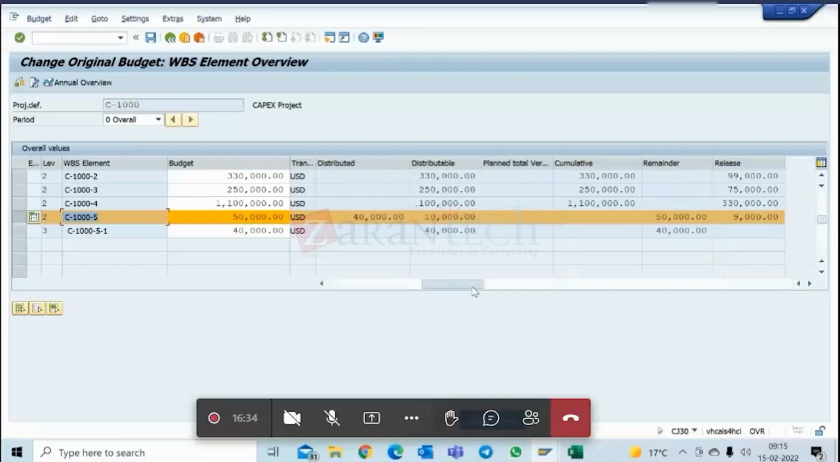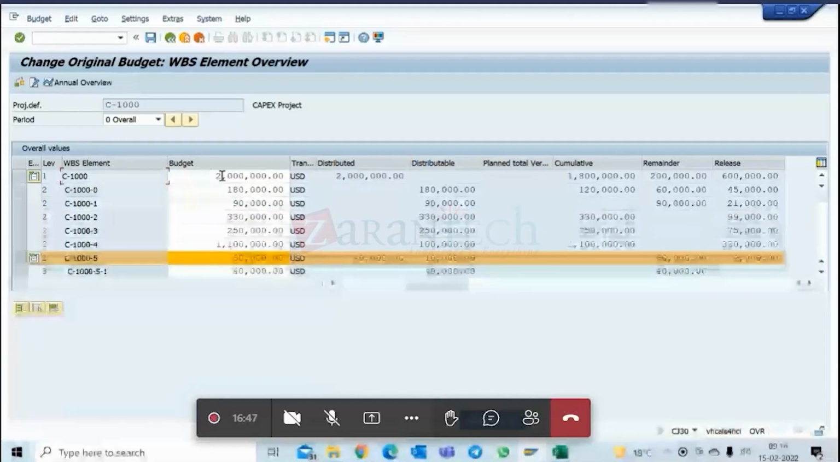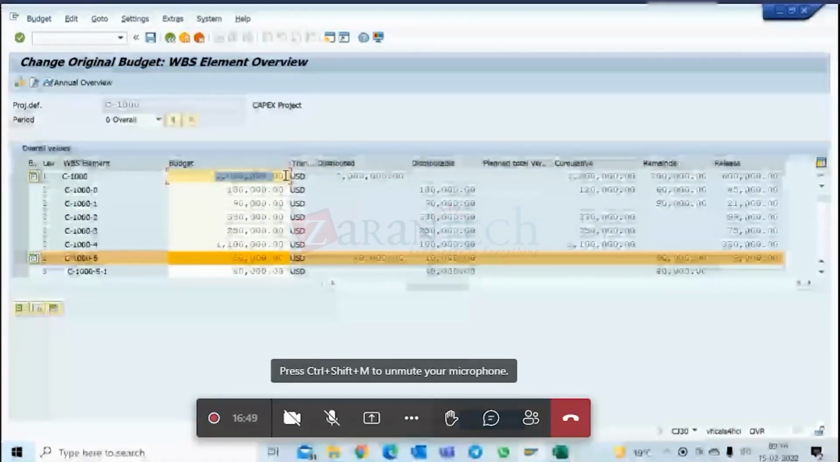After this, we looked at one more transaction which was released budget. So this is extra control. Some companies may want to use it, some companies may not want to use it. We saw that all this budget, see maximum